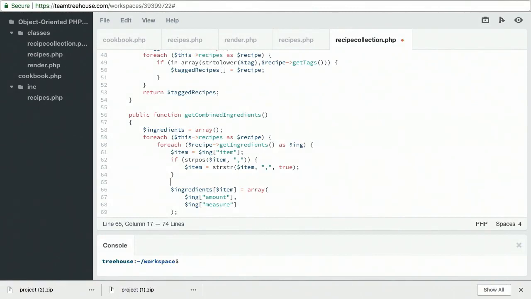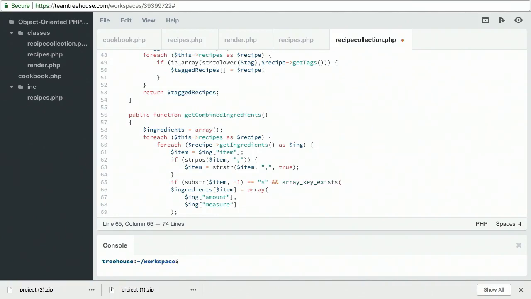So next, I want to check if this item is already in the array as its singular or plural version. I'm going to start by checking if our item ends in an S. I'll use if substr, start with the item, and then we're going to use -1 to grab the last character in this string. I then compare this last character to the character S. If the last character is an S, I also want to check if the item exists as a key in the array without an S. So we'll combine our comparisons, and then we'll use the function